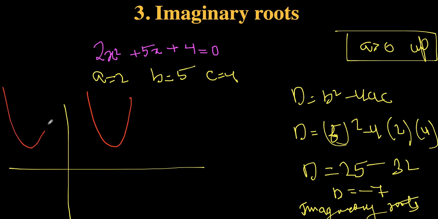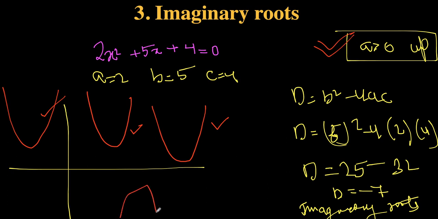It will never touch the x-axis. Okay, maximum it can go like this. So these are the graphs for any imaginary roots. We can see that the graph is not touching the x-axis and the graph is upward. That's why I have plotted it. In some cases you will get downward, but for that your a should be lesser than 0. So right now we don't have this condition, we have a greater than 0. So that's why we have plotted these three graphs. So this is all about the imaginary roots.